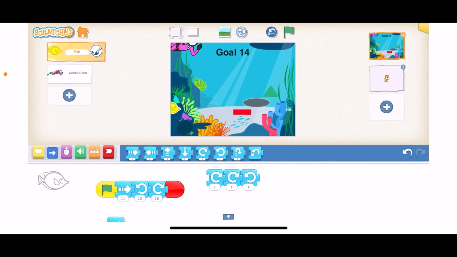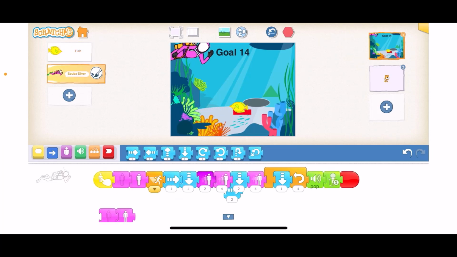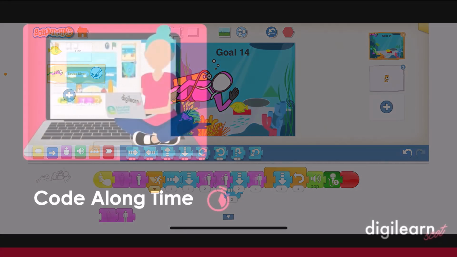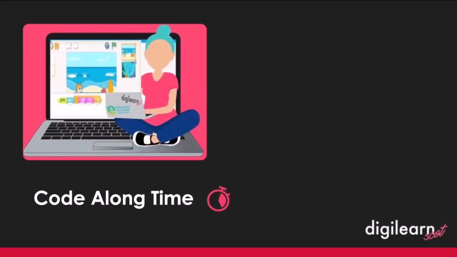Okay, so let's hit the green flag and we will test our code. Let's try to make ocean-friendly decisions when we're buying food. Let's try not to buy food that comes in plastic packaging. I only added the one page here in our activity, but you could add as many as you liked. You could have a beginning, a middle and an end page, or it could be a group collaboration story, or